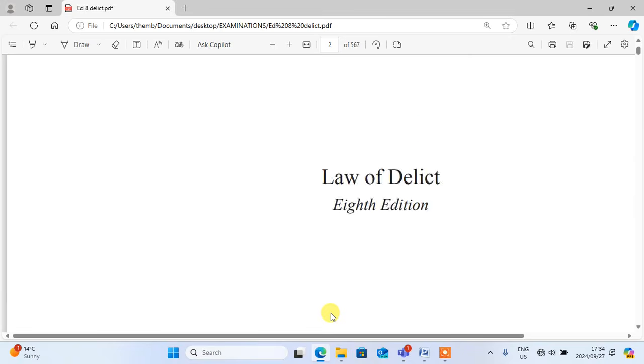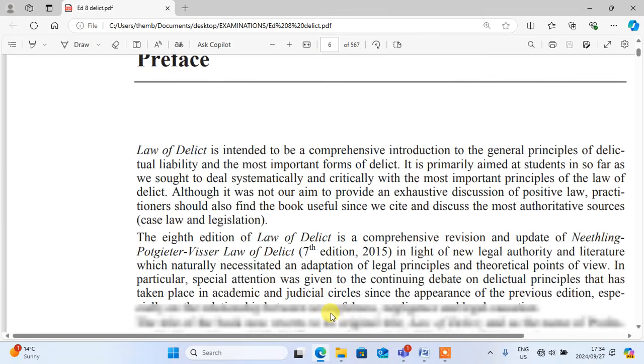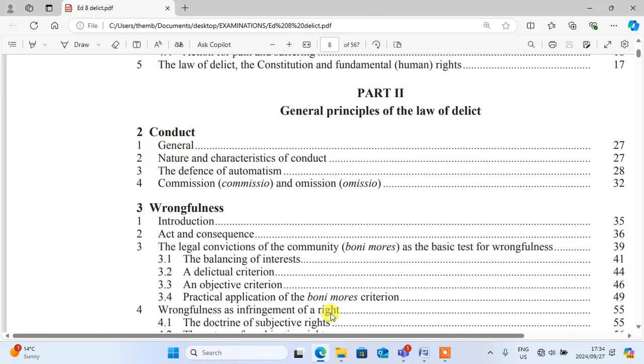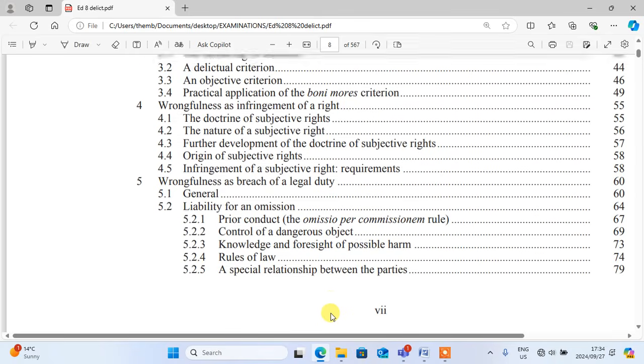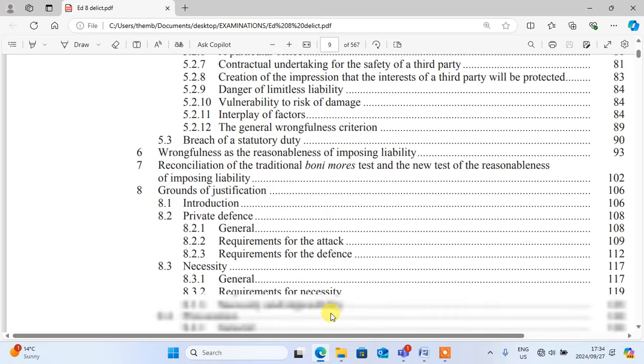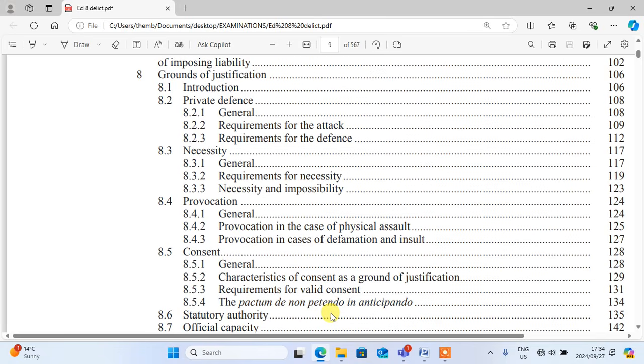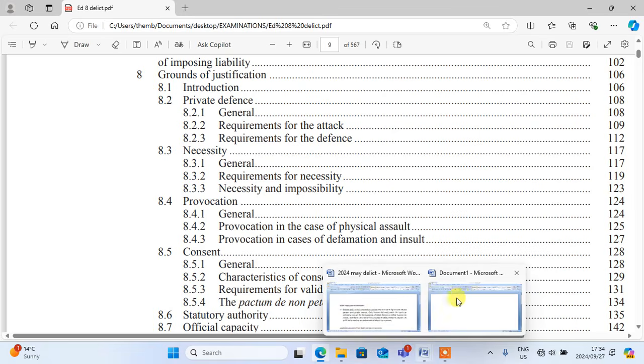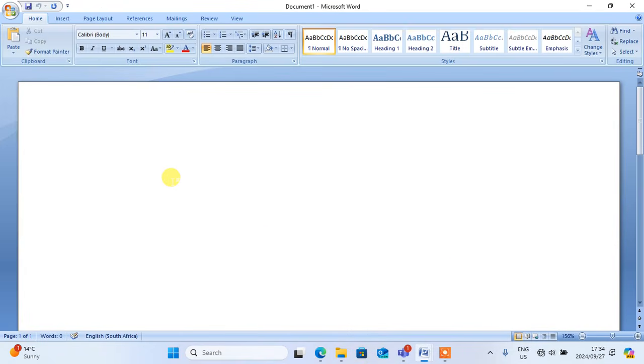So today I want to teach you about the grounds of justification. Many people confuse the grounds of justification with a remedy, right? And today I want to teach you about the grounds of justification and the difference between grounds of justification and the remedy. So let's do this, right? Let me try to write it in the area so that you can see it.